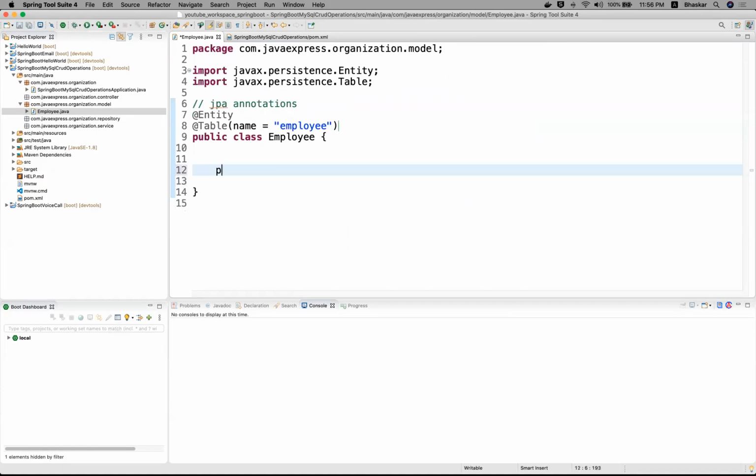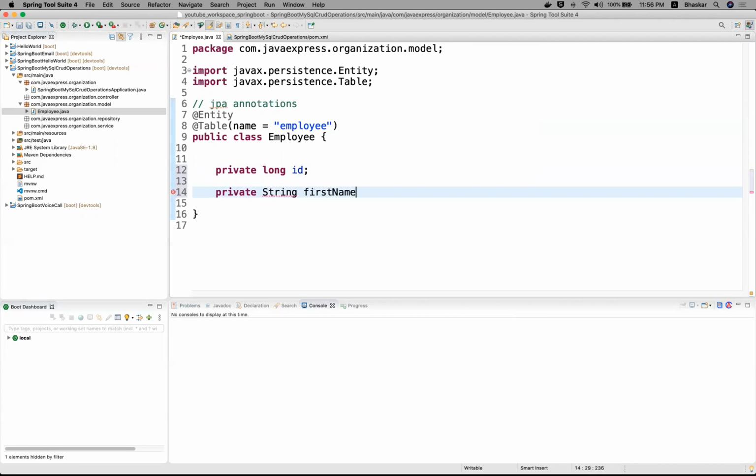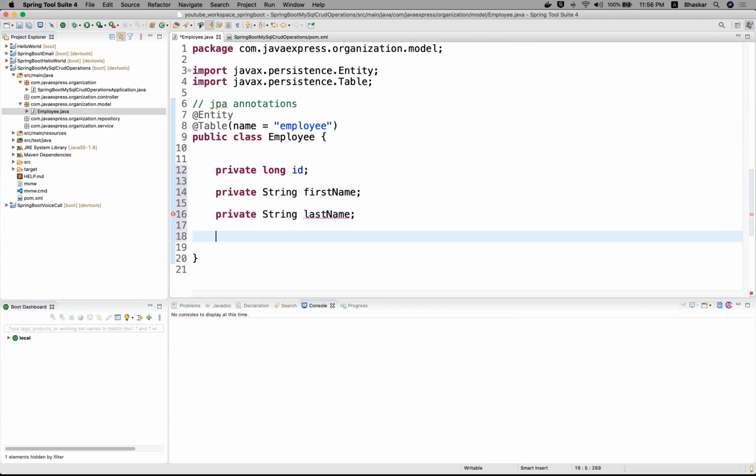Private long id, I need for the primary key information. I want private String, you can take first name, private String last name, and private String email id.